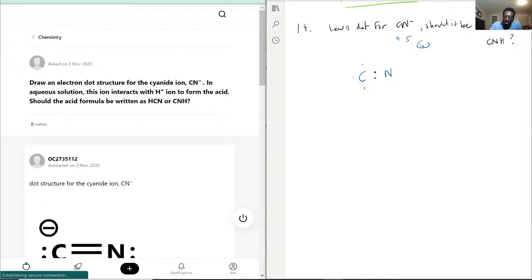Carbon likes to have 4, and nitrogen likes to have 3. Well, oops, because there's 2 bonds here, so 1, 2, 3, 4. So carbon's filled up for now, and 1, 2, 3, 4, 5, and there's an extra one, so just throw it on this side. So now, if we move 2 of these and 2 of these,